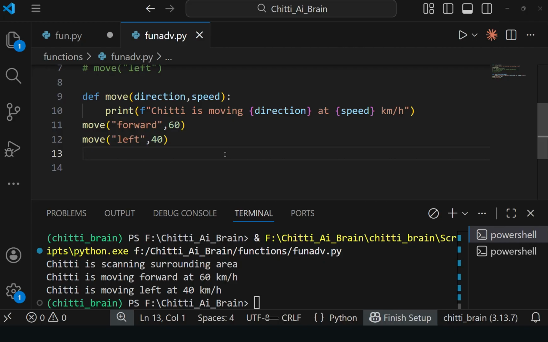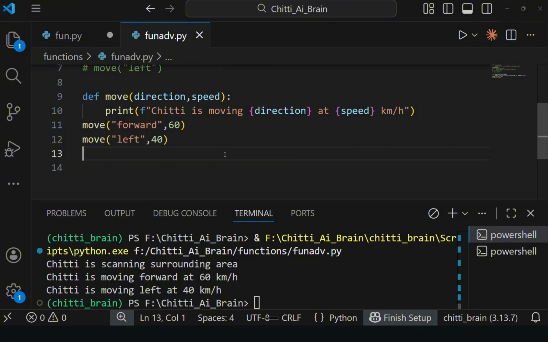For suppose we need the robot's battery level, whether the battery level is critical or normal. If we ask, hi Chitti, what is your battery level, is it critical or normal? Now the robot should answer whether it is critical or normal.